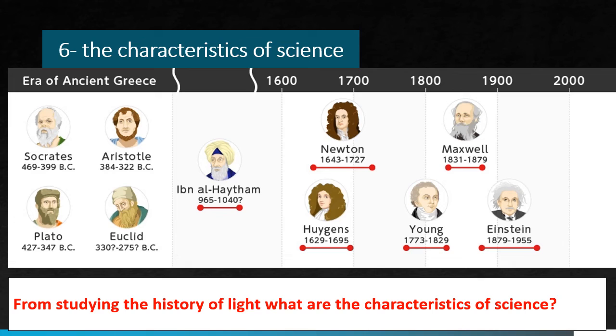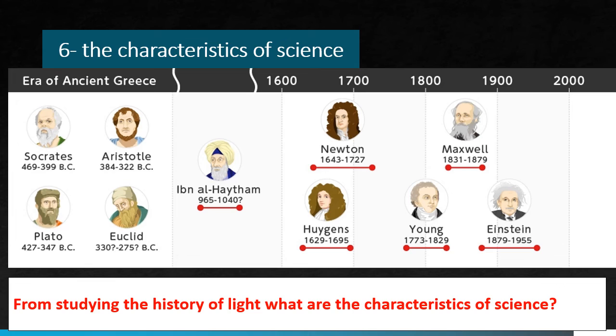Number six, the characteristics of science. If you follow the history of the study of any natural phenomenon like light, we can conclude that there are a number of characteristics of science like objectivity, systematic exploration, reliability, precision, accuracy, abstractness, and so on. The science curriculum should help the student to understand characteristics of science and provide them with deep experiences related to